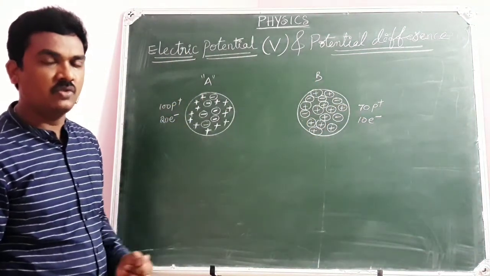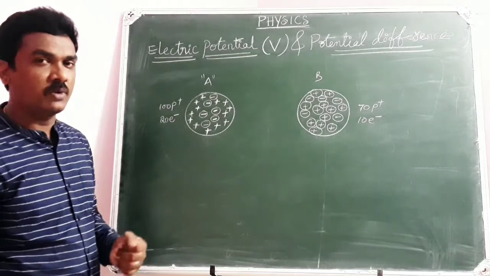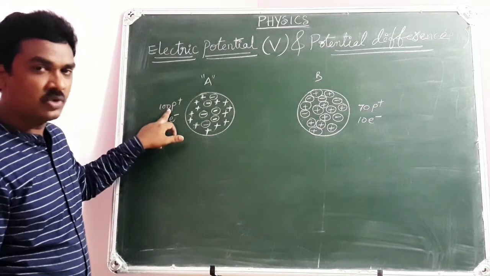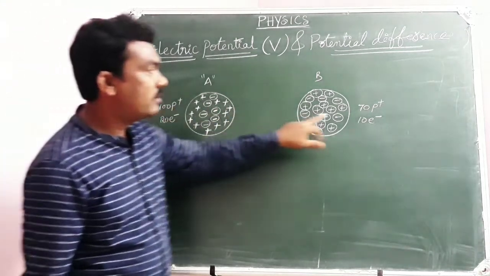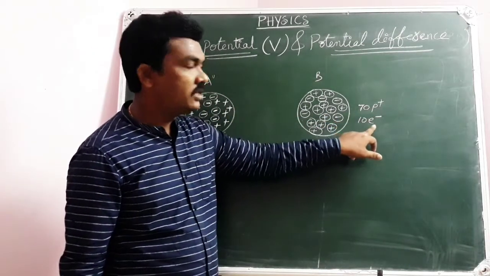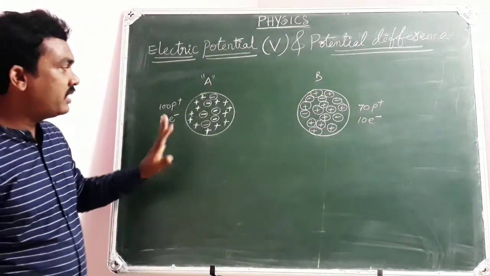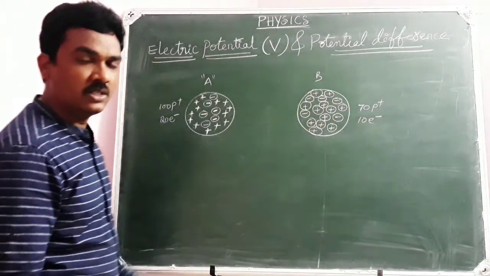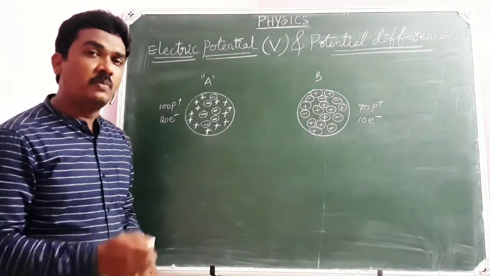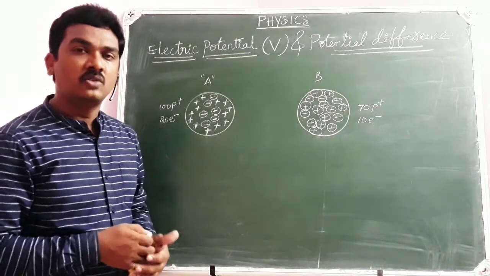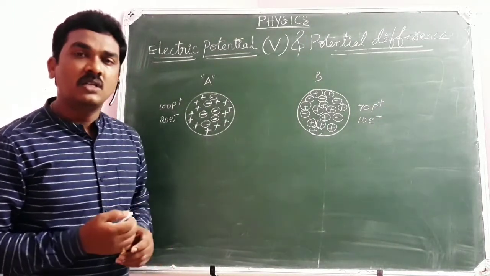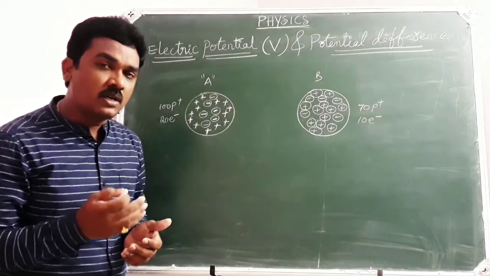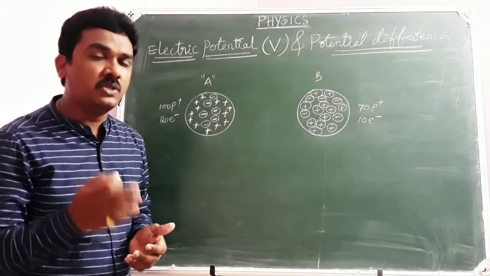Hope you got the net charge, which we have done in the earlier classes, charge and its properties. 100e, 20e, but this is negative, this is positive. So net is plus 80e. Here 70e minus 10e, so net is plus 60e. So ultimately, this is a highly positively charged region. This is a less positively charged region. You know, greater the positive charge, greater the repulsion, so greater the work done. Because electric potential at a point is the amount of work done to carry unit positive charge.